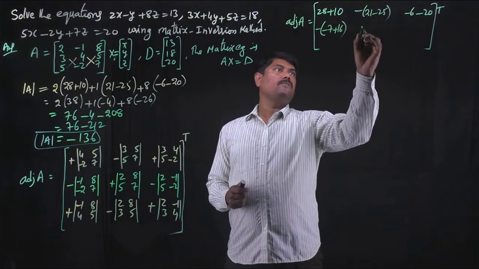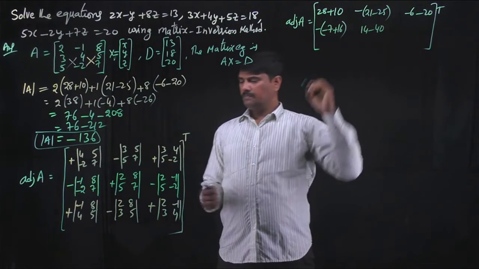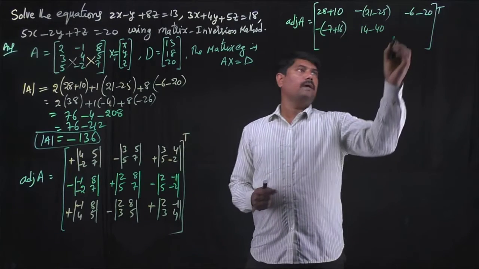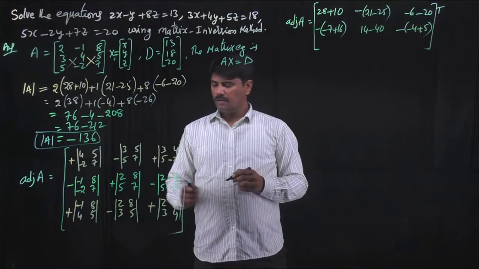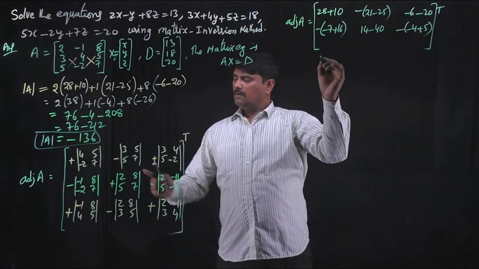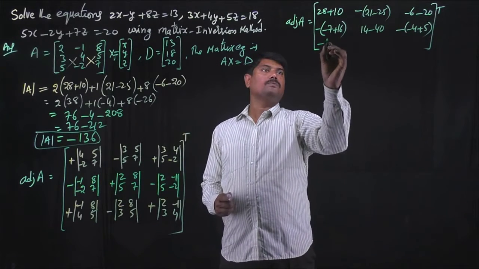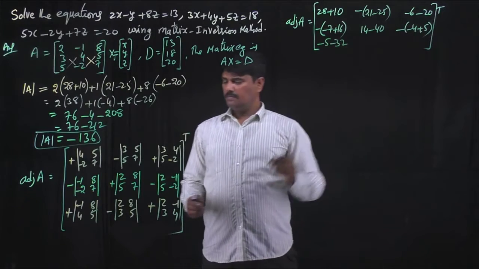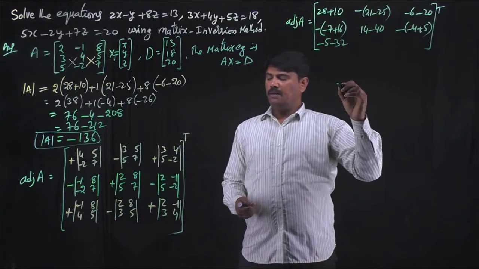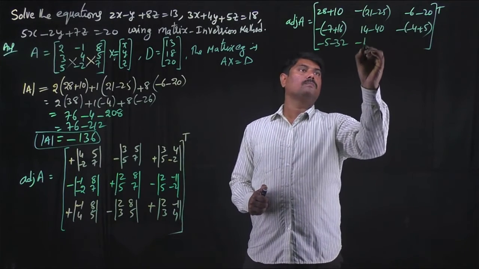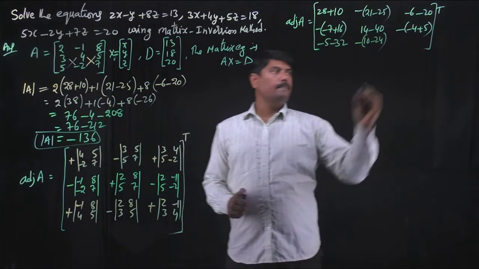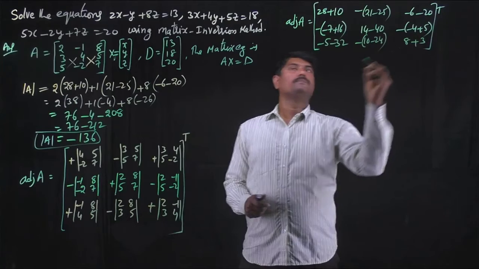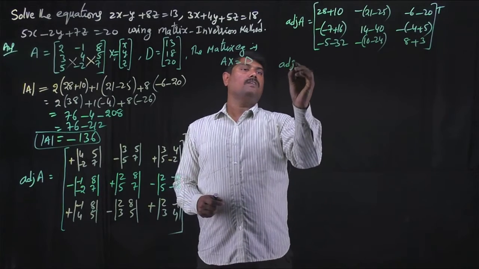14 minus 40. Minus 4, minus of minus 4 plus 5. Minus 5 minus 32. Minus of 10 minus 24. 8 plus 3, last element. So the adjoint of the matrix is